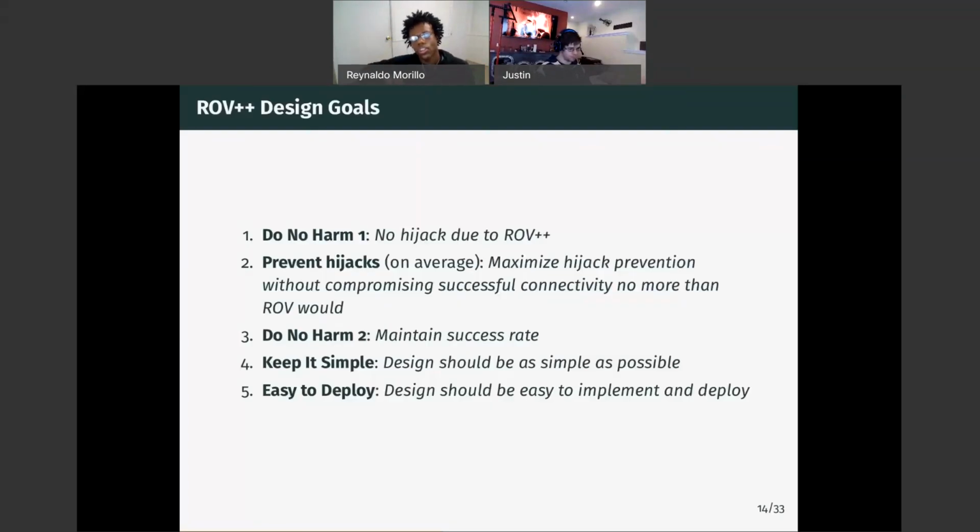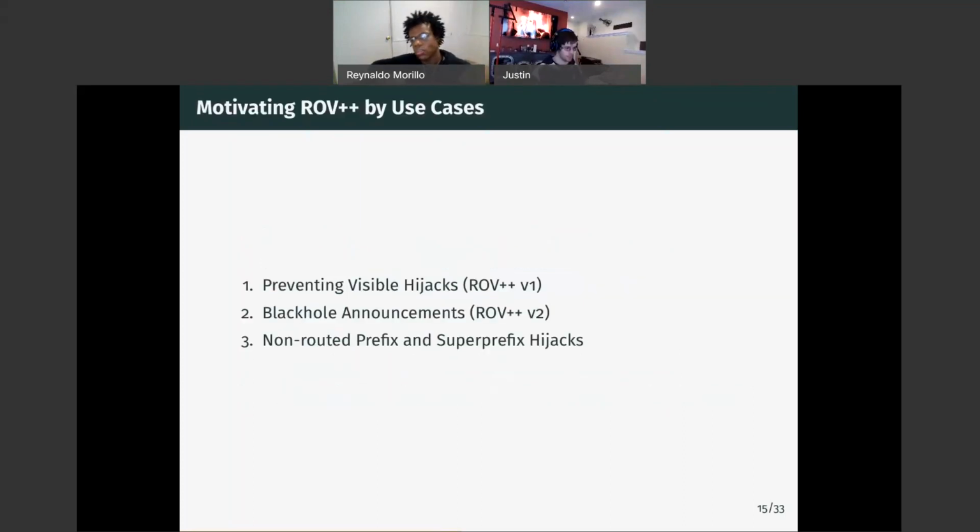design goals. So we have these 5, and the first is do no harm. No hijack due to ROV++. Number 2, prevent hijacks. We want to maximize the hijack prevention without compromising connectivity that ROV otherwise would have. And then do no harm to maintain high success rate. And we want to keep it simple and make it easily deployable, which is critical for any system that actually wants to be used. So we're going to go through ROV++ by example, motivating each of its mechanisms by use